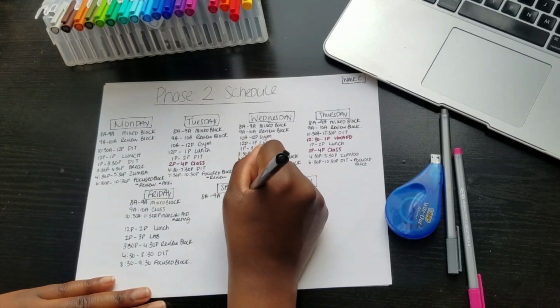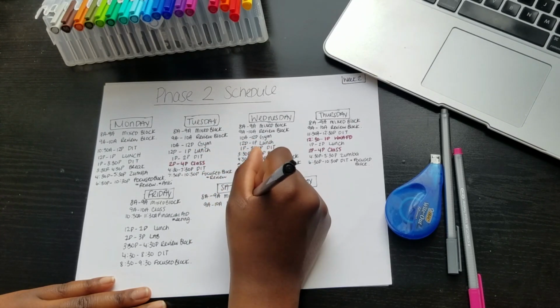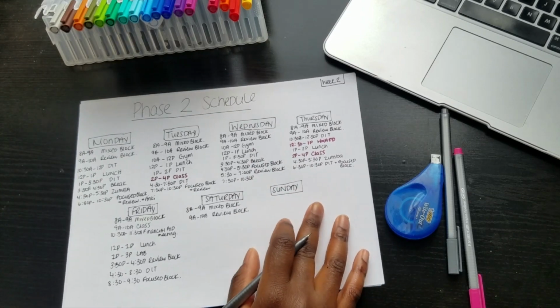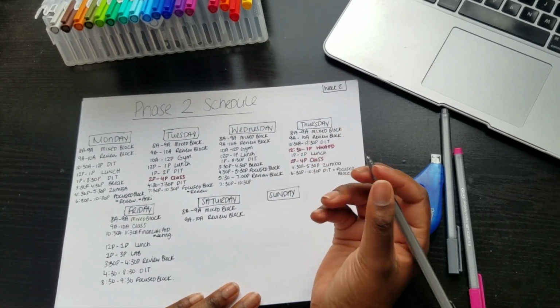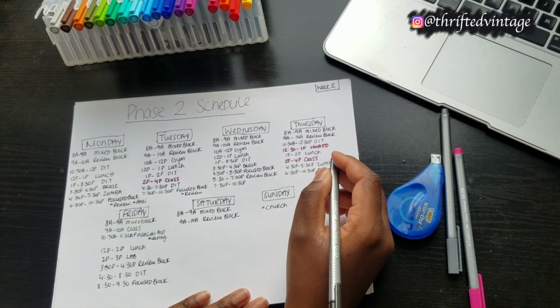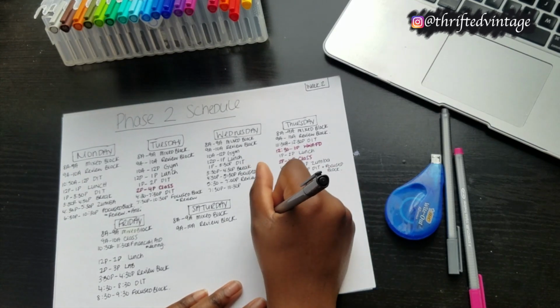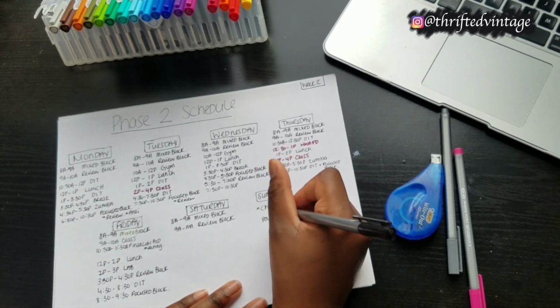So for the weekend, this is where it kind of gets a little bit harder. I'm going to try to have a 1.5 days off break, just so that I can rejuvenate and get myself back to normal instead of just sitting hunched over a desk with scoliosis, because it hurts. I'm going to try to maintain a Saturday block, so that means a mixed block and a review block on